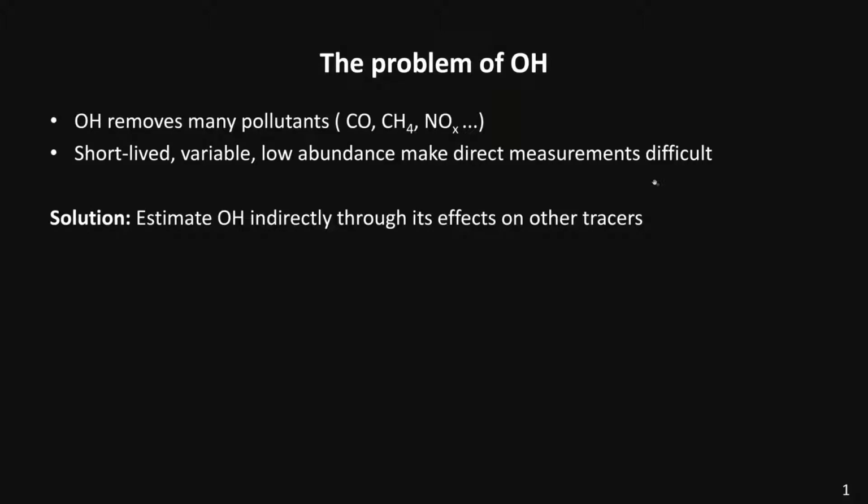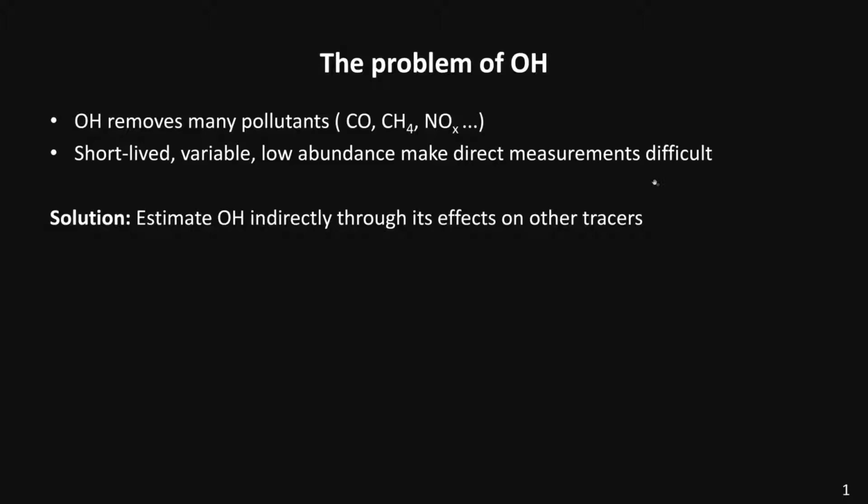So the problem of, so I say atmospheric oxidative capacity, but I'll mainly talk about OH, which is the main atmospheric oxidant. And it's involved in the removal of many pollutants. So a few are shown here, where you already see quite a variety because CO and NOx are urban air quality pollutants, and methane is a global greenhouse gas. And the problem is that it's very important, but that OH is also, because it's so reactive, very short-lived, very variable, which makes it difficult to measure directly and almost impossible to extrapolate those direct measurements to meaningful scales.